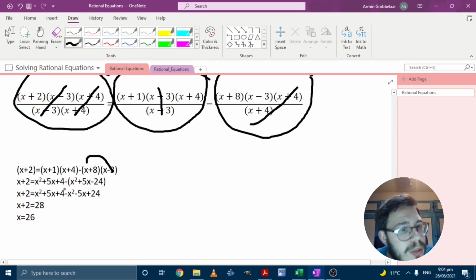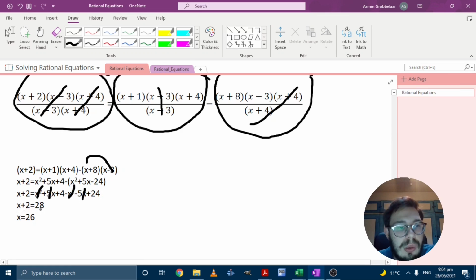Then what we can do is we can take the minus sign inside the brackets. Remember to use brackets when there's a negative sign, because otherwise it will be easy to make a mistake and not take the minus to all the terms. So what we're left with is x plus 2 equal to x squared plus 5x plus 4 minus x squared minus 5x plus 24. Then you can see the x squared minus x squared, they cancel out, plus 5x minus 5x, they cancel out, and what we're left with is x plus 2 is equal to 4 plus 24,